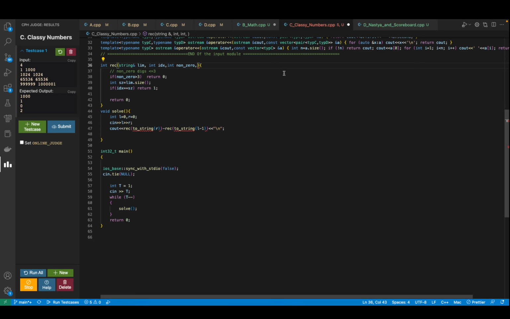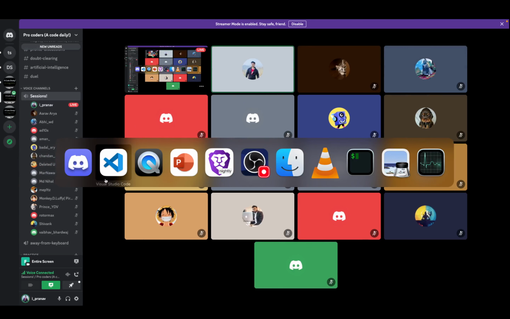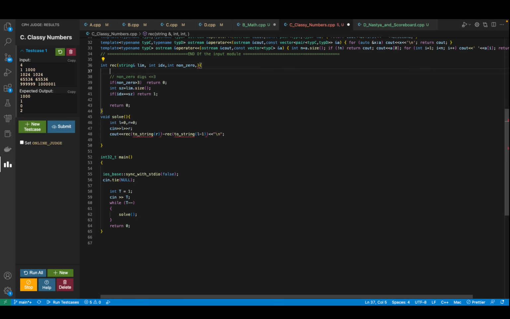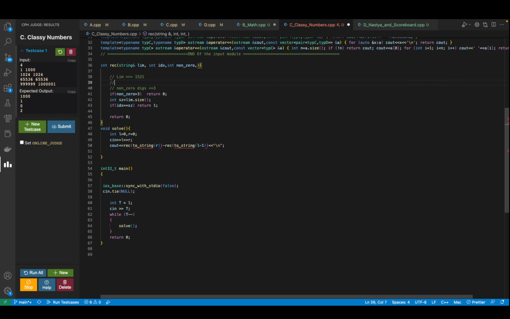Once we have reached there, one more thing I'd like to declare is the current number that you, some doubt? Okay, cool. As we said, we'll be starting from the left hand itself. Let's say your limit is some number like 1521, and the current number you are already making is 1 4.